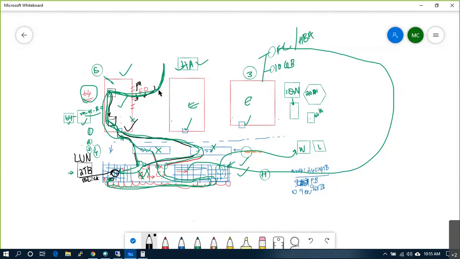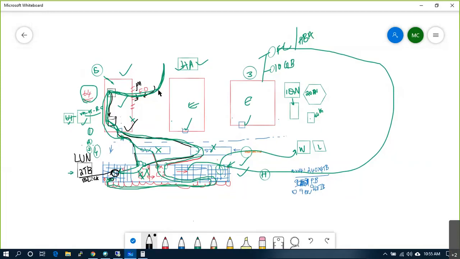So I'll stop here on the iSCSI part. This is more theory: how iSCSI works, how you will manage it day to day, and what you need to consider when using 1 GB or 10 GB. 1 GB you will never see in any customer environment. Remember, only 10 GB iSCSI or fiber channel with 4, 8, 16, 32 GB speed will be used in real time. Clear? Any questions on what we discussed today?